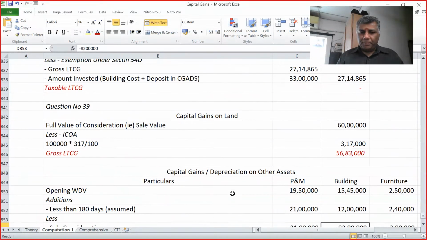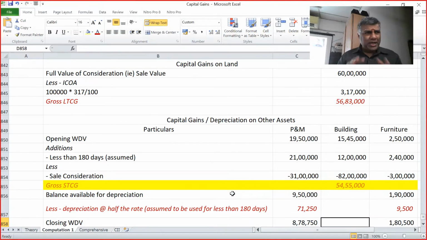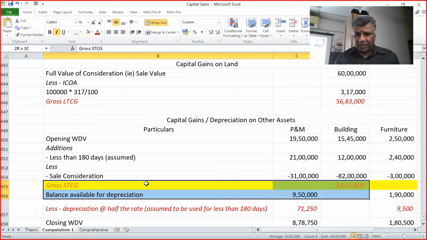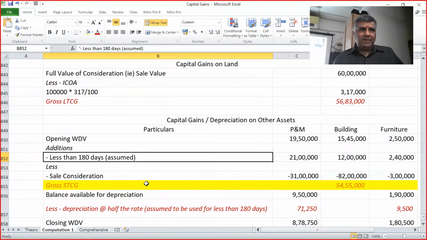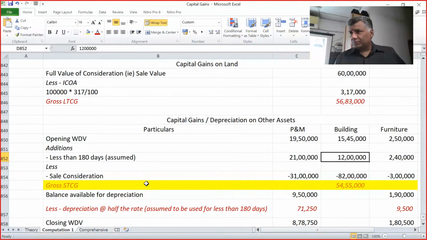Coming to depreciable assets, you need not work out the depreciation also. Even if you have stopped at this level, I am fine with it. The question is not asking you to work out depreciation. When will capital gain come if the block ceases to exist? The block ceases to exist if the sale consideration exceeds the block or when all the assets are sold. Here there is an asset investment. I'm assuming it. But if you have worked out up to this point, I'm okay with it.